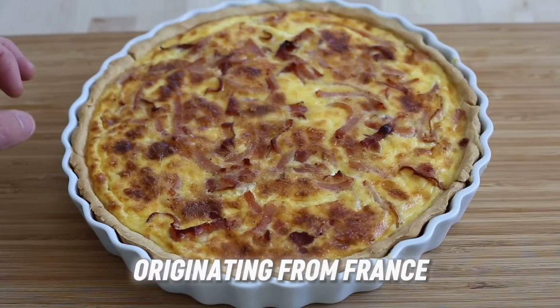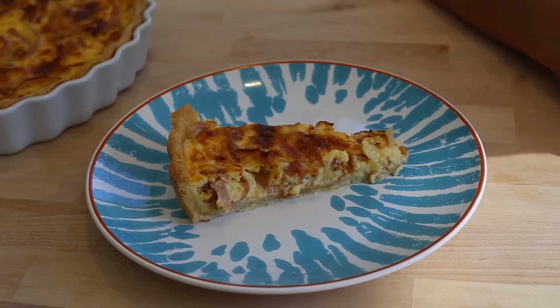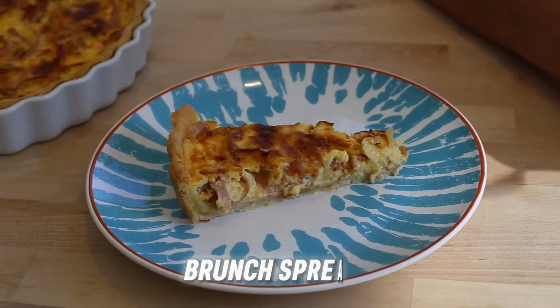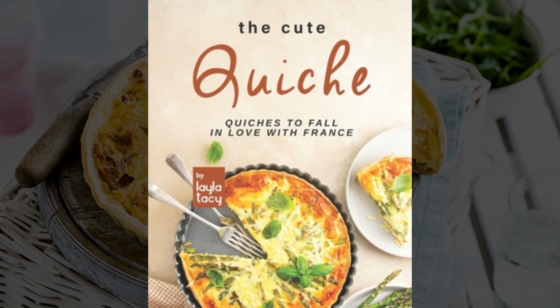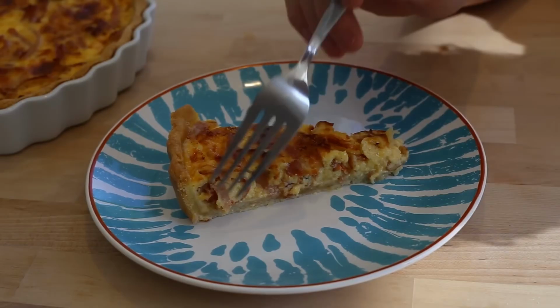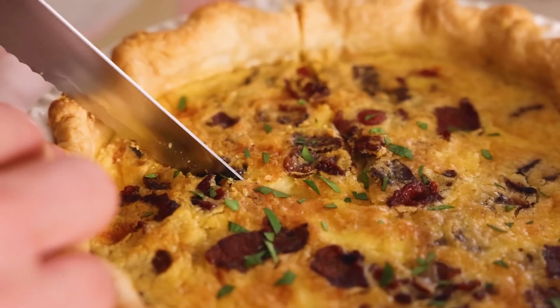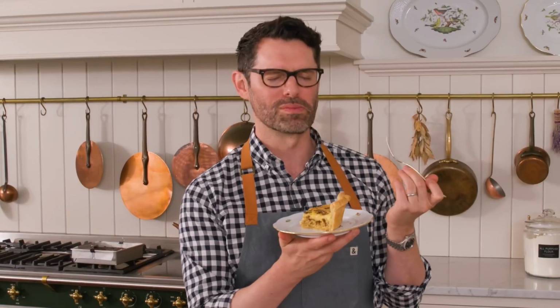Originating from France, this dish became an absolute sensation in American households, especially among those who wanted to bring a touch of European elegance to their brunch spreads. In the 70s, no cookbook was complete without a recipe for Quiche Lorraine, and it was a go-to dish for hosts looking to impress. It was served warm or room temperature, making it perfect for laid-back brunches with family or